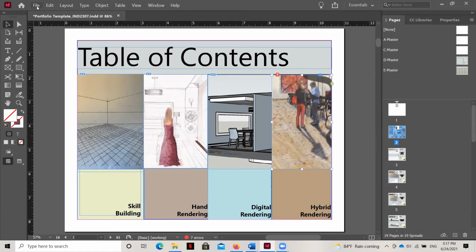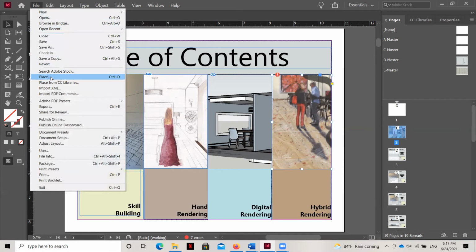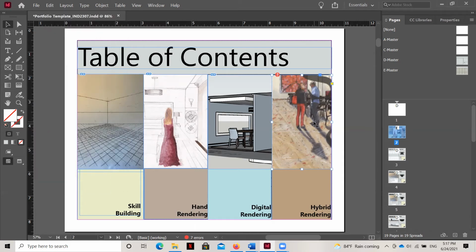When I went to place this image, I went to File and Place, and then I browsed for that image on that flash drive. And so I placed that link here and it's showing right here, but the flash drive that has the original image is no longer in my computer. So this image will look okay now as I'm previewing it within InDesign. But later, when I export this, this image will look highly pixelated because it's what we call a broken link.